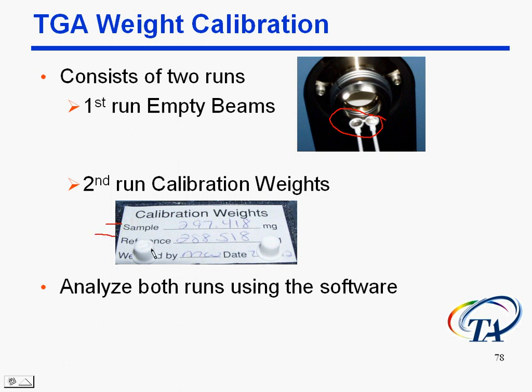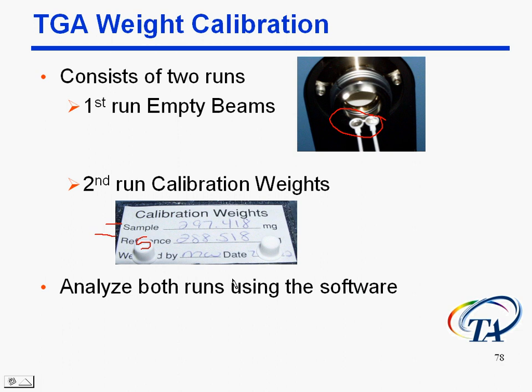How do you know which one is which? It's kind of hard to see here, but on this right here, there is an S on one of these. Now these weights basically look like a ceramic pan that's filled in all the way. That's sort of what they are. And so the one with the S is the sample one, and then the reference one. So you make these runs just using the software like we showed you earlier, and then you would go in